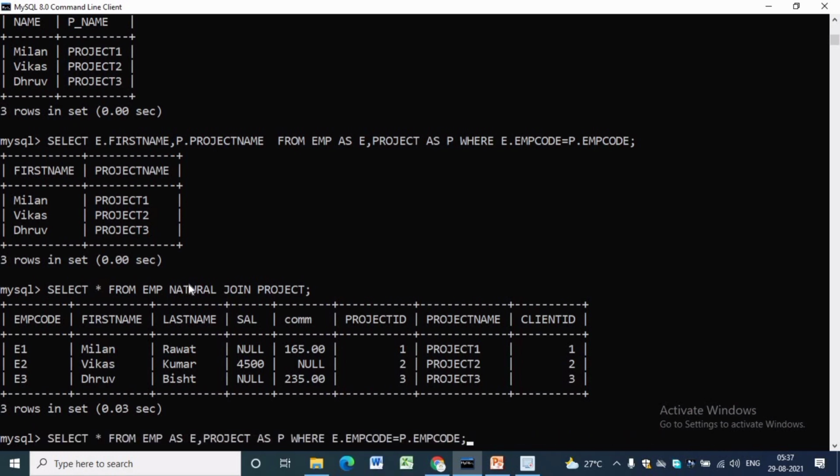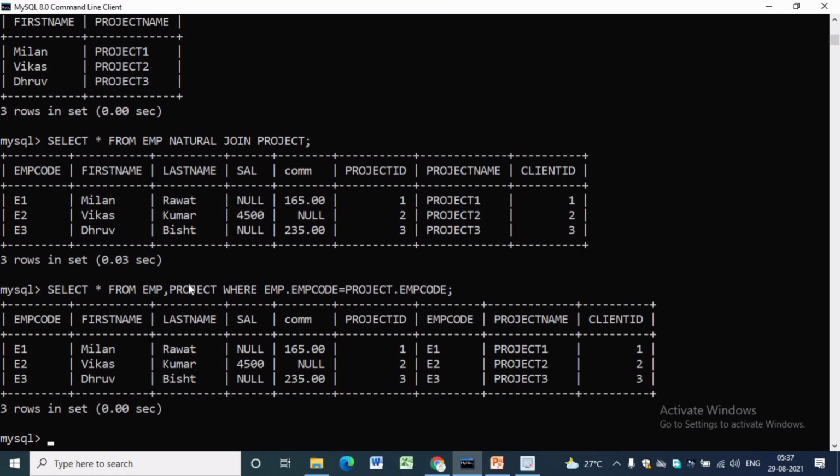Select star from emp, comma project, where emp.emp code is equal to project.emp code, is inner join and it will have emp code of both emp table and also project table. We will get the same result if we write select star from emp natural join project, where emp.emp code is equal to project.emp code.